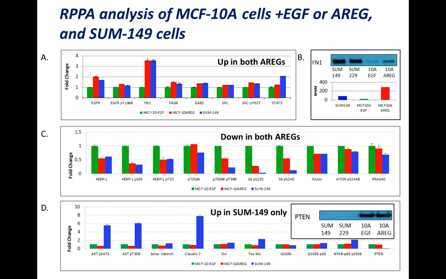Now, the other thing I just want to point out, because it's going to come up again, and I already mentioned it, is that in the SUM149 cells, if you look here, this is SUM149. This is that gene I told you about, PTEN. It's essentially not present on this array experiment, and in fact, confirmed by Western blot. PTEN is completely gone in these two breast cancer cell lines. We now know very clearly that the loss of PTEN is a common feature of highly aggressive basal breast cancer cells. There was a really nice clinical study done at Vanderbilt a number of years ago, actually just a couple years ago. And it was a study in which patients with triple-negative breast cancer were enrolled in a neoadjuvant chemotherapy study.